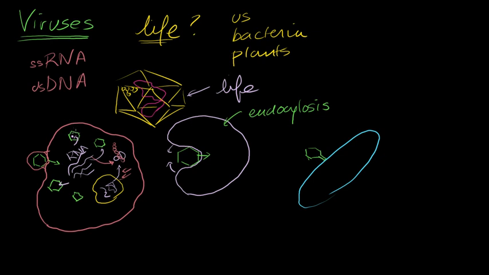to exit the cell. The most typical, I don't want to say typical, because we haven't even discovered all the different types of viruses there are, but the one that's talked about the most is that when there's enough of these, they'll construct proteins, because they don't make their own, that cause the cell to either kill itself or its membrane to dissolve. So the membrane dissolves, and essentially the cell lyses. Let me write that down. The cell lyses. And lysis just means that the cell's membrane just disappears, and then all of these guys can